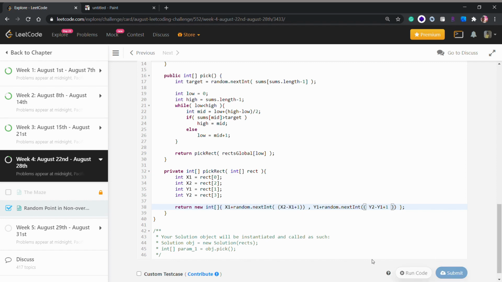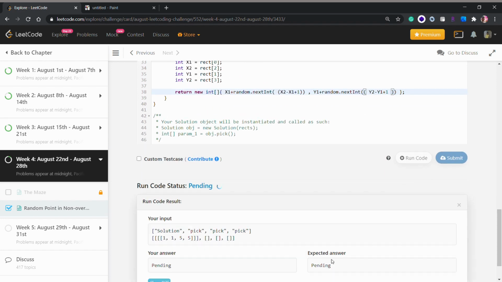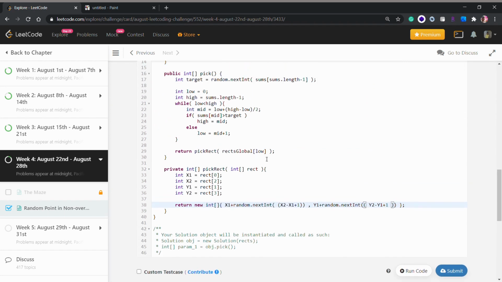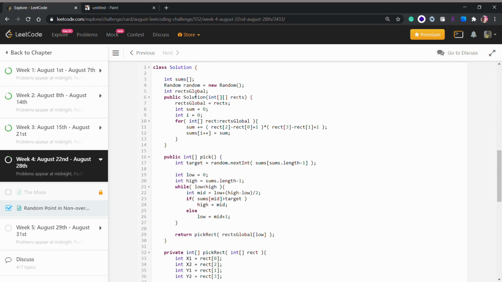Now let's run our code to see if we have some errors. Okay, oh, I see what I did here.